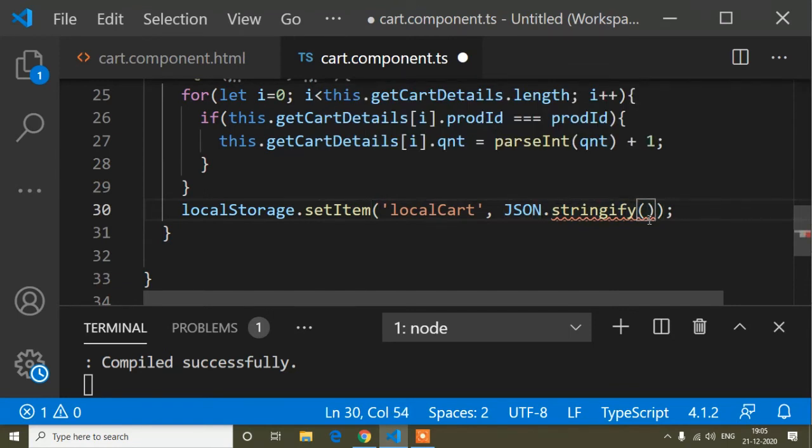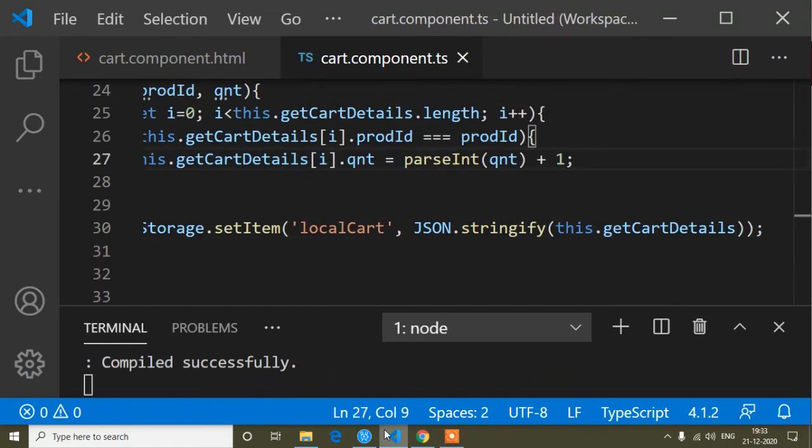So if I pass it, save, and now I'll go to the browser.